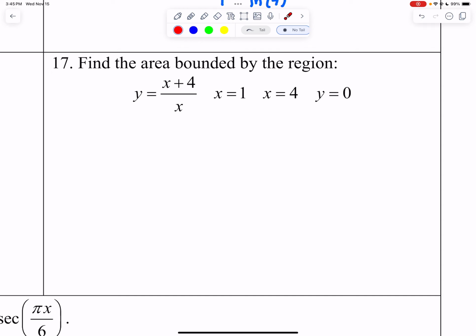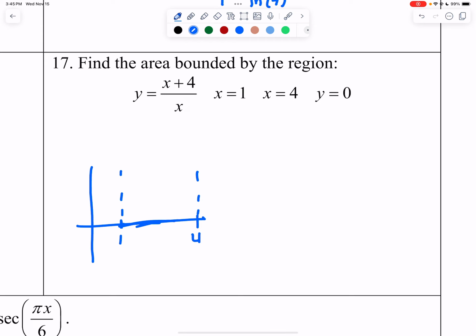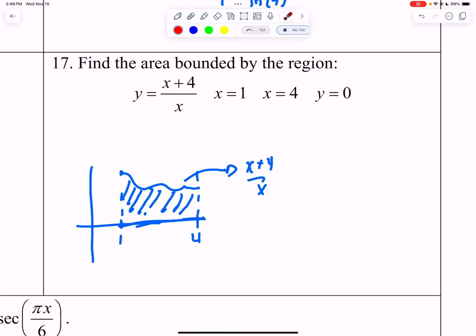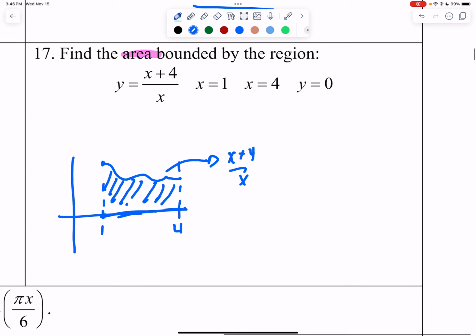The only thing I do know is that it's going to be bounded by, let's say, if I have a coordinate plane, 1, 4, and then a y is equal to 0. So your thing might look something crazy like this, where this is x plus 4 over x. Now, as a reminder, this isn't explicitly x plus 4 over x. This is just a made-up graph. But I want you guys to visually see what's happening, because remember, area is just the integral of whatever we are